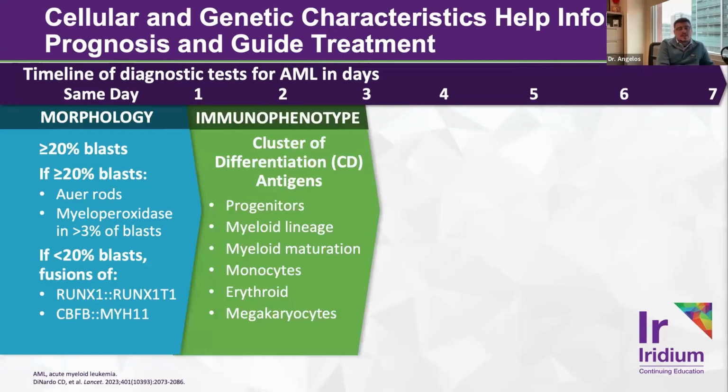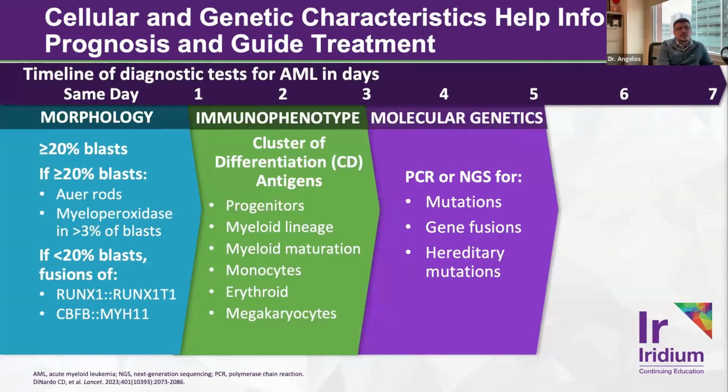Immunophenotyping or flow cytometry often can come back relatively quickly, within 48 hours at most centers. Very important in order to determine the flavor of AML that we're dealing with, because certain types of AML respond differently to standard of care treatments, specifically venetoclax, which we'll talk about in a second, and again, can be very informative for making a treatment selection.